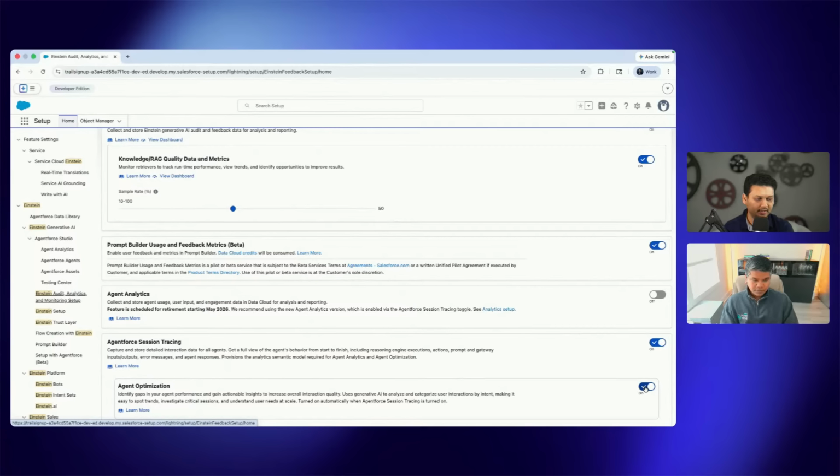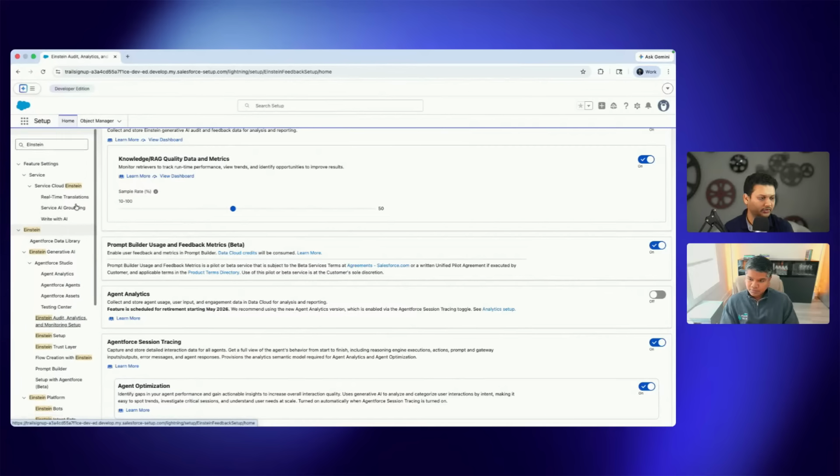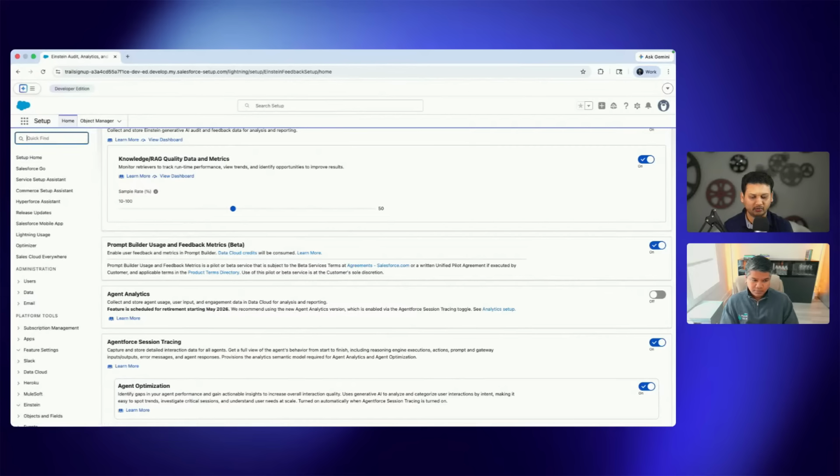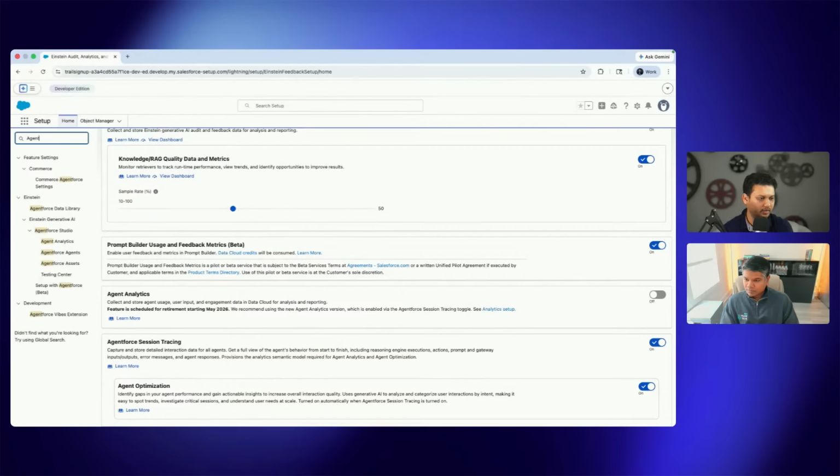Also remember that session tracing and optimization are two different things. Session tracing will only capture. But you still need to identify gaps and use those gaps to get all those insights, like the moments we talked about. For that, you need agent optimization enabled. So you have that choice to make. And once you have that, I want you to go and enable